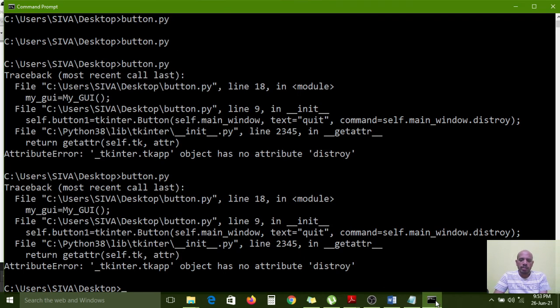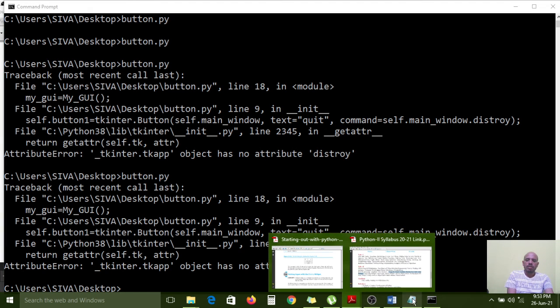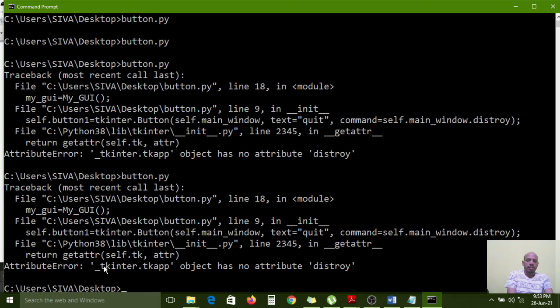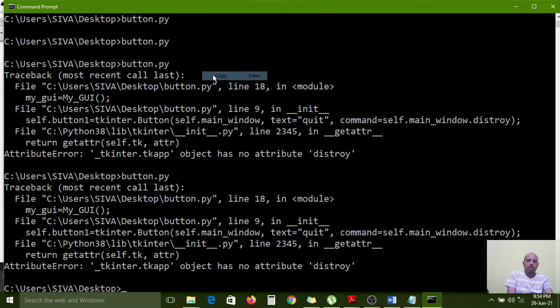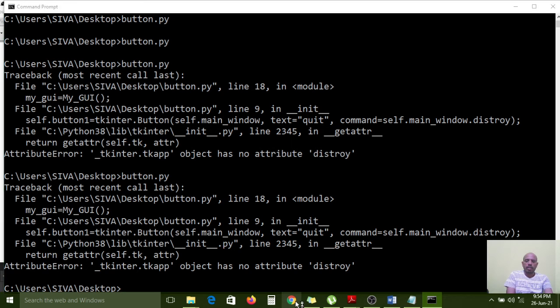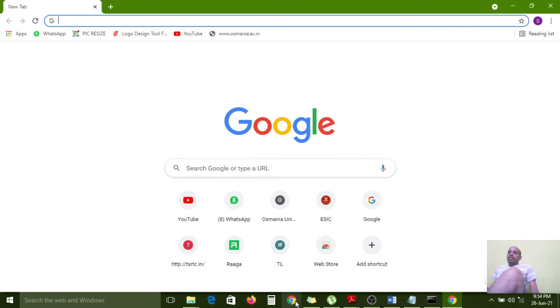Click me, quit, do something, sounds nice. We can check on the internet. Actually the textbook has given it. We can check here. What is the error? Attribute error. This error we need to copy from here, and now we have to check on the internet. Just wait. I will connect my phone to get the internet. I want to connect to the internet.